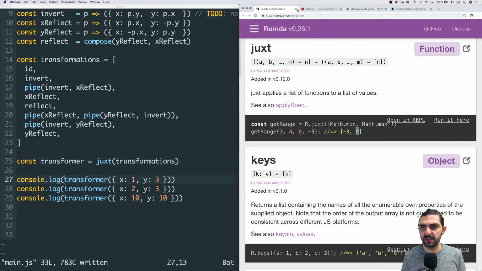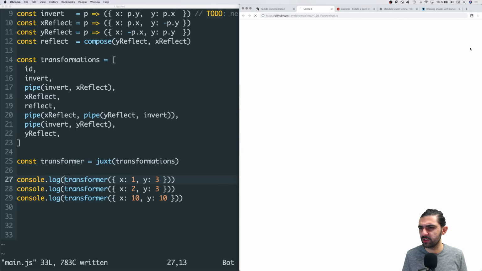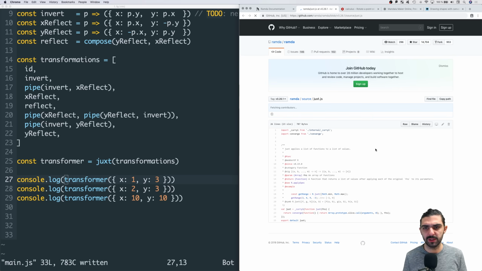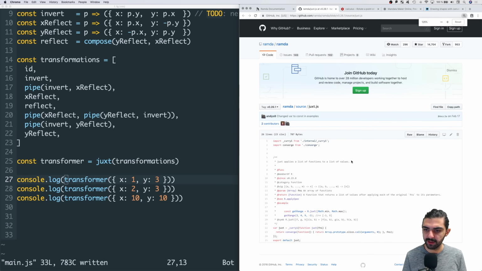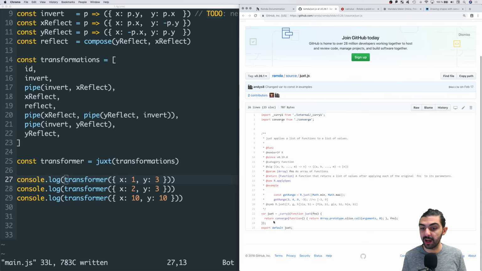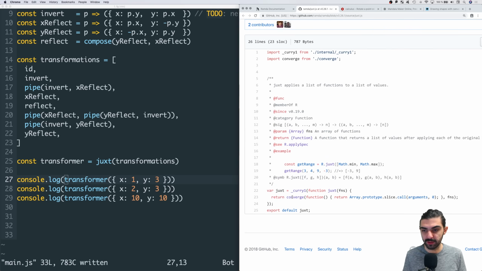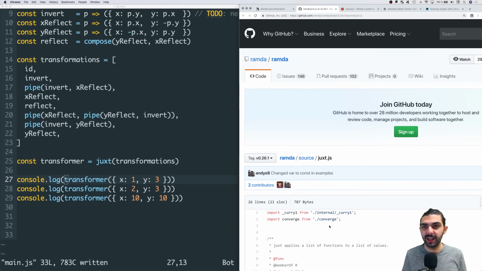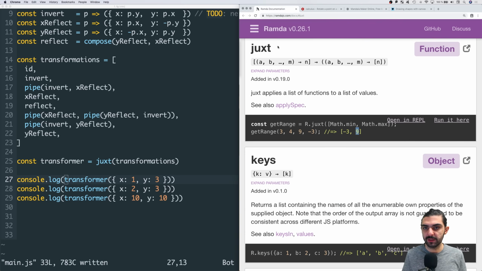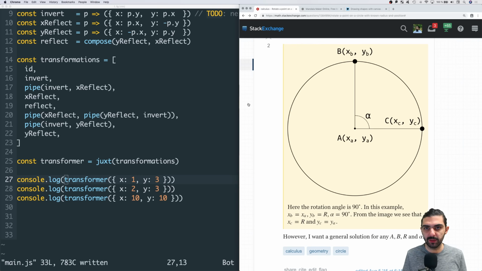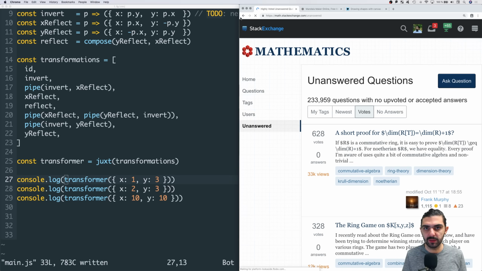Let me now close this juxtaposition. Maybe before we do that, let's check out what the Ramda implementation is of Juxt. I mean, they're concerned with performance, so I assume that maybe they have a different way of implementing it. Okay, they've actually implemented it in terms of converge. That's very interesting. I also have a Ramda video on converge, and converge is a pretty cool function, so maybe you're interested in checking that out. But okay, let's close that. Let's close the Ramda documentation, because now we've understood